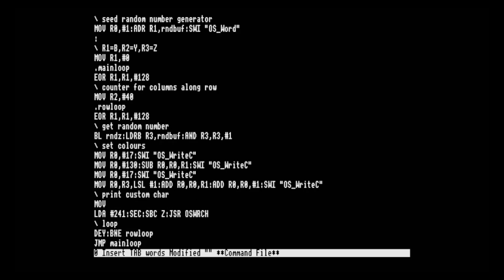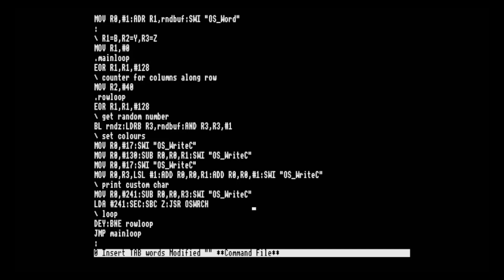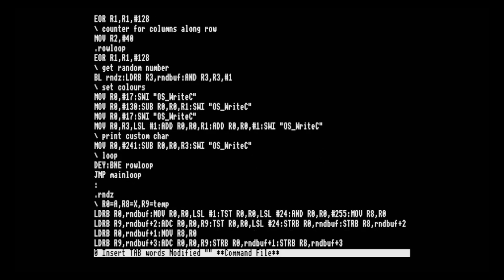So this is quite easy. We move into R0 the value 241, and then what we want to do is just subtract Z from it. So we say subtract, store the result in R0, and I want to subtract R3 from R0, so this will store in R0, R0 minus R3, and then I'm going to print that character out. So that does the same thing as that, and we move on to the final 2 lines of the code,